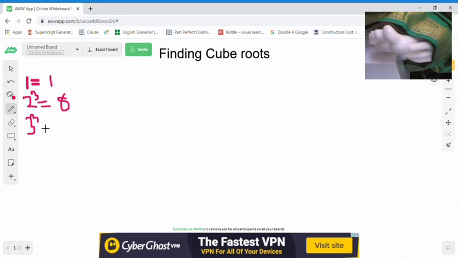You all know this. So for the time being, you need not spend time to memorize this. If you keep on practicing with this, it's very easy for you to memorize. So 4 cube is equal to 64. 5 cube is equal to 125. It's very simple, you can easily remember this. And 6 cube is equal to 216.